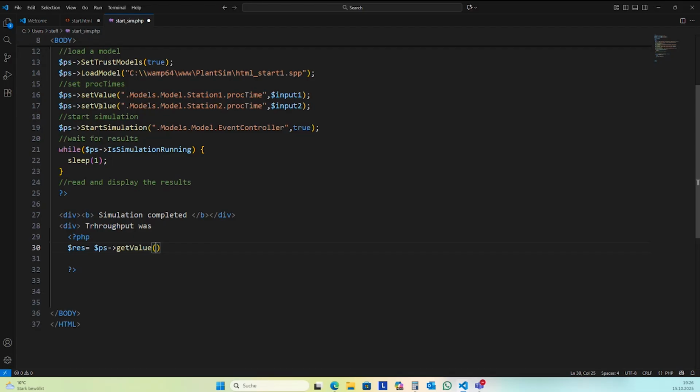With get value, you can read values from the simulation, like set value, you can set one, and you need to specify in the same way the path to the attribute you want to read. And I want to have from train okay as text.